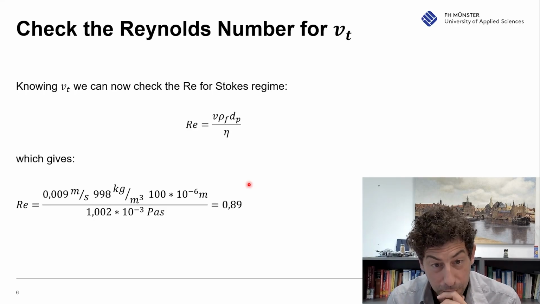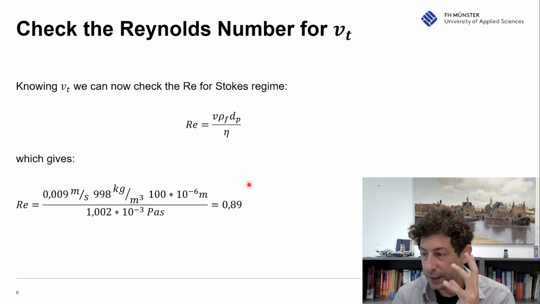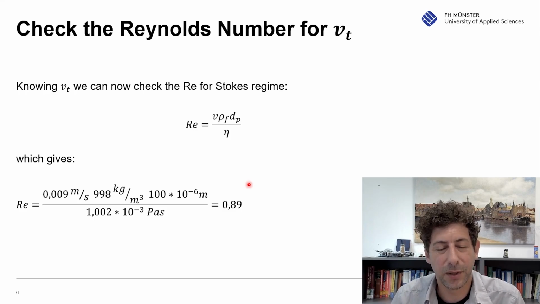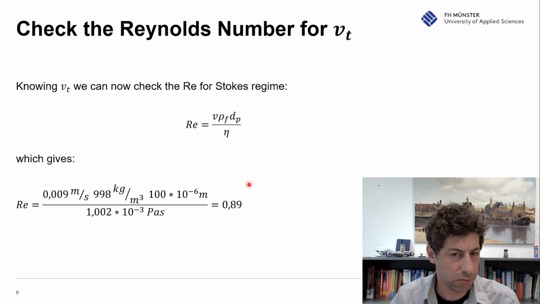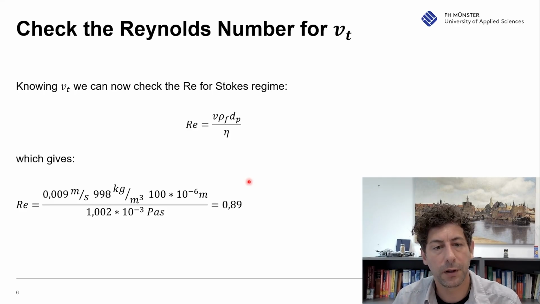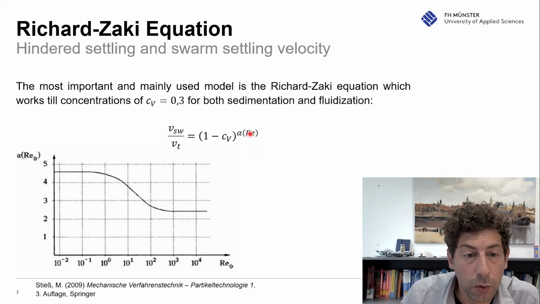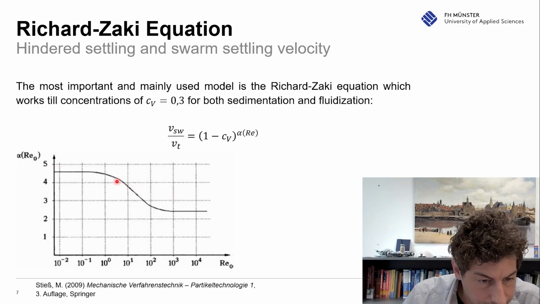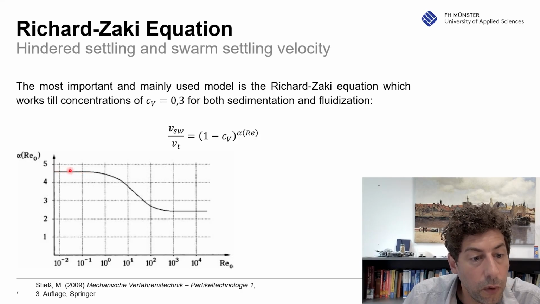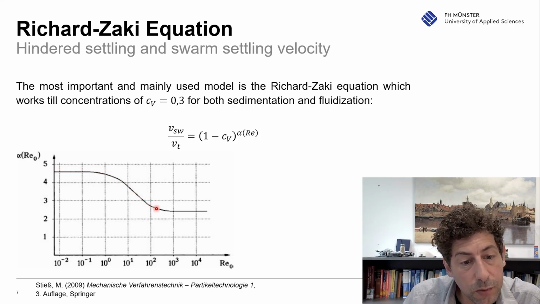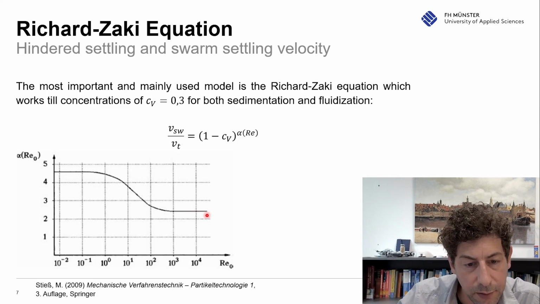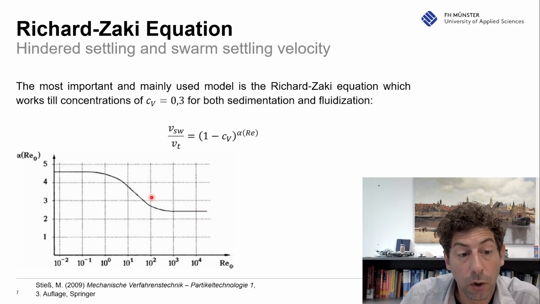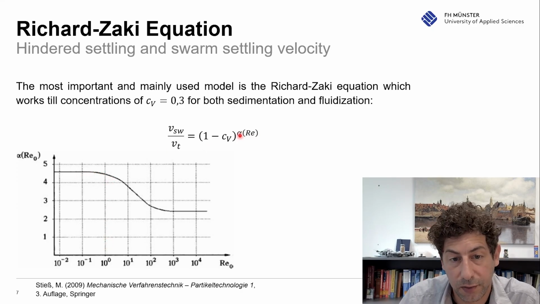And therefore, as an additional task, you can keep this in mind. I will talk later a little bit about it, but so far generally we can say the Stokes regime works, it's good, we're below 1, generally we can use it, so we can work with this velocity. And now we have to look at this exponent, and maybe you remember this graph. Depending on the Reynolds number, the exponent changes from 4.65, then it decreases to 2.4 when you are at very high Reynolds numbers larger than 500. But we are below 1, so we can say our exponent is 4.65,